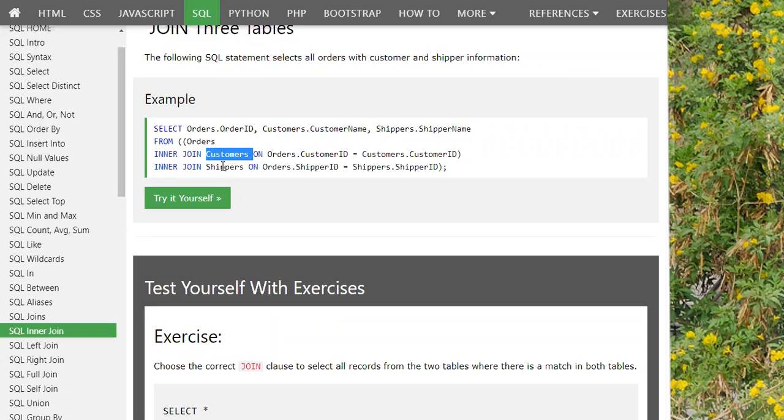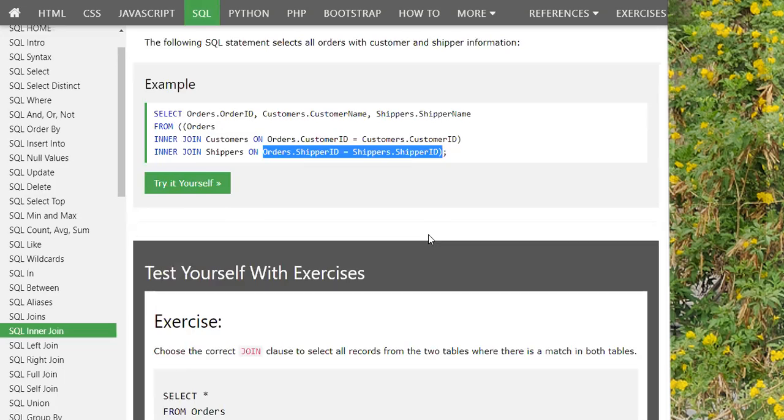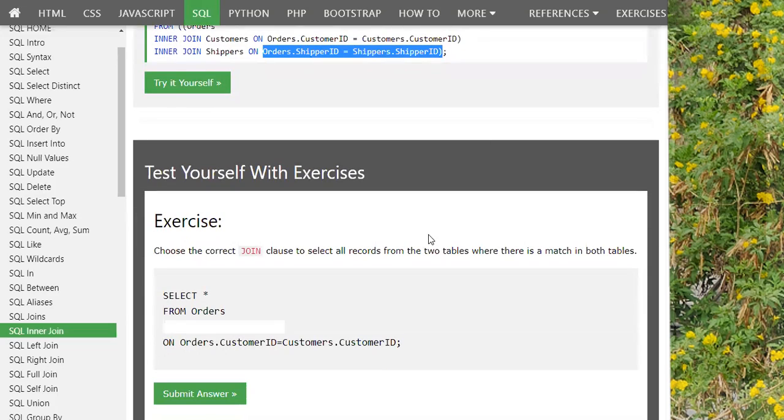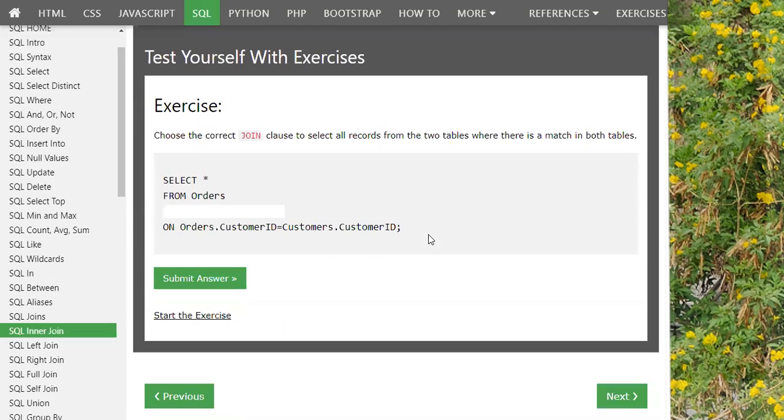It is clearly seen from this query that what is common between orders and customers is the customer ID, and what is common between orders and shippers is the shipper ID. So we can write orders.shipperID is equal to shippers.shipperID. So you can solve this exercise accordingly.